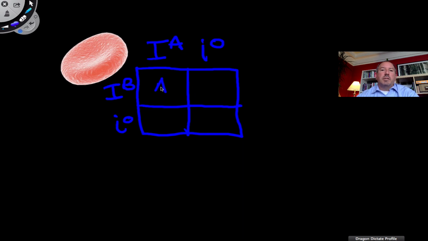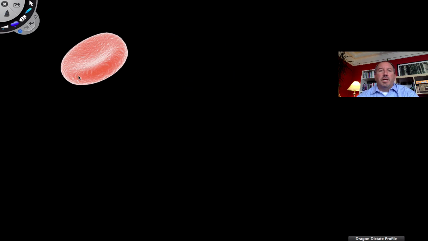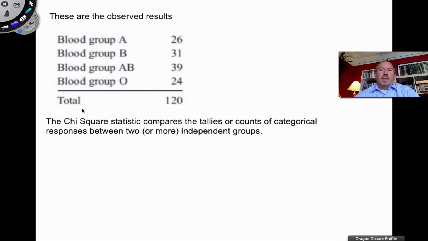Well, one child could have AB blood, another child could have A blood from this, another child could have B blood, and then another one would have O blood. So there are 4 possible phenotypic outcomes from this. All right? And so let's say that there are